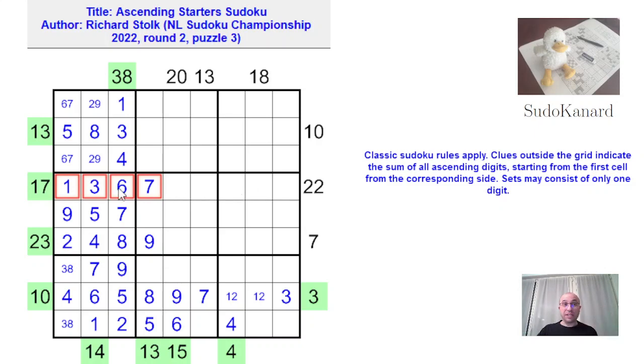And it can't be a single 6. It can't be 1, 2, 3, or 1 plus 5. So they have to be 2 and 4. So 2 and 4 are the outliers. And 22 must be with ascending 5, 8, and 9. So this variant gives a lot of digits at once. Now, the question could be with